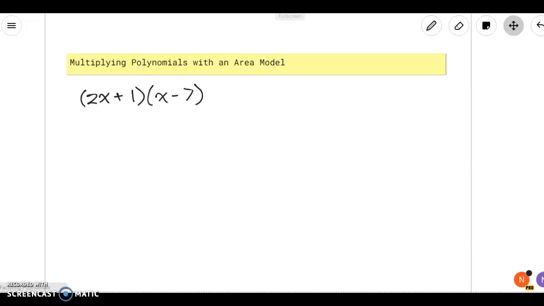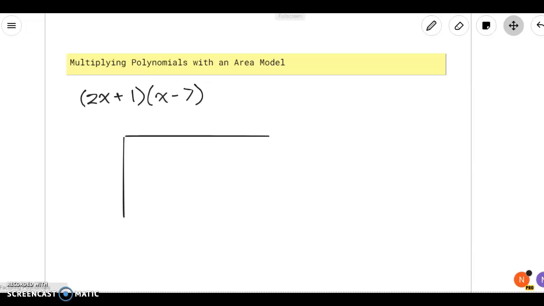As an alternative way to factor polynomials, you can actually reverse the area model, but a quick review of what it means to multiply a polynomial with an area model. You've probably seen this before and just maybe don't remember what it's called. So to start off with an area model, the idea is we can basically create a rectangle and split it